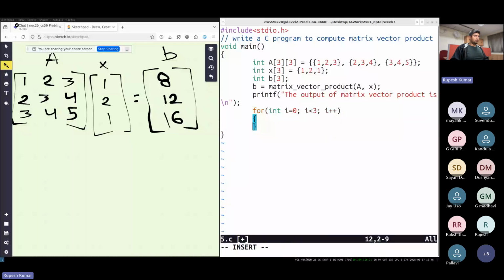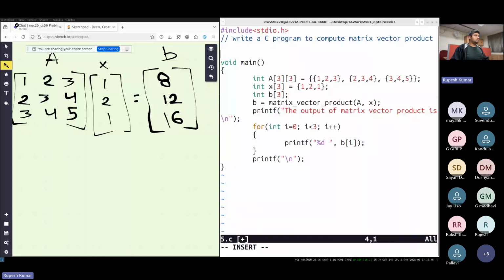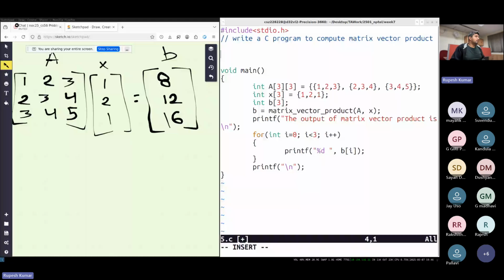Fine. Let's run the loop and print the contents of the vector B. So you need to print percentage %d, comma, and then you print the value B at I. After we have done printing, we can simply change the line. So now the only part that we need to figure out is the function matrix vector product A.